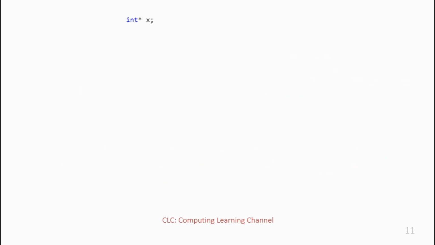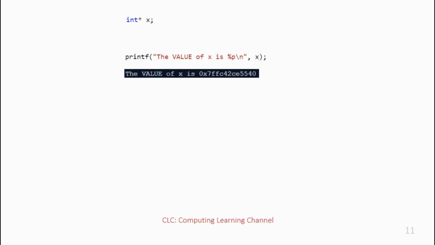Now let's have a look at some code. Here, we try 3 different operations, getting the value of x, the address of x, and the value at the address x points to. These are the 3 main operations associated with pointers. Again, first off, we are declaring a pointer to an integer called x. The value of x is the address of the newly allocated 4-byte space. That 4-byte space, by the way, currently contains gibberish because we didn't initialize our integer to anything yet, we just have a pointer. We'll talk about how to do that later. And indeed, our code confirms that x stores an address.